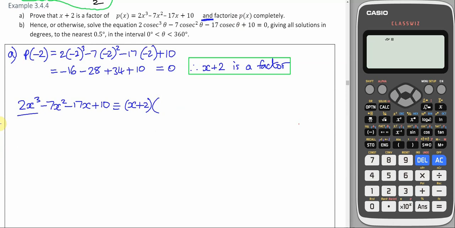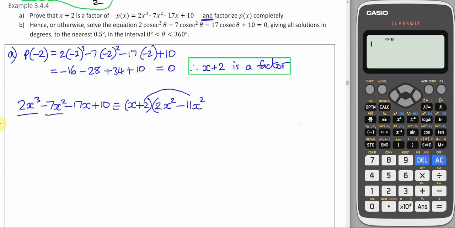Looking at my 2x cubed, and see this needs to be 2x squared, because 2x squared times x gives me 2x cubed. I now have 4x squared here, but I want to get down to minus 7. So I'm at positive 4 at the moment, and I want to get down to minus 7. So if I take off 11x squared, which will come from multiplying those two together. So 4x squared, take away 11x squared, gives me my minus 7x squared. I'm constantly checking that I'm getting the right terms. Now that gives me